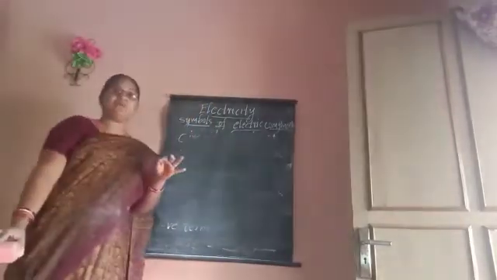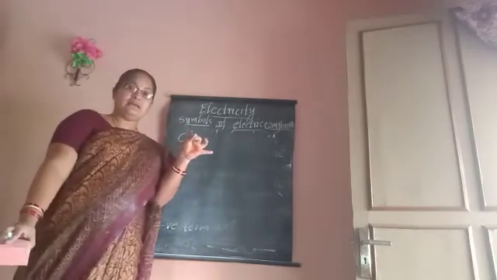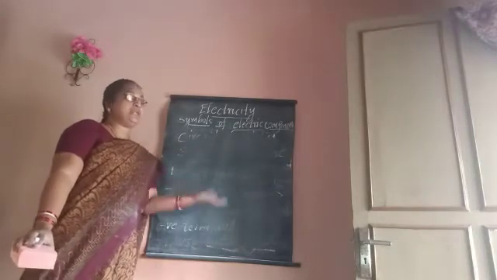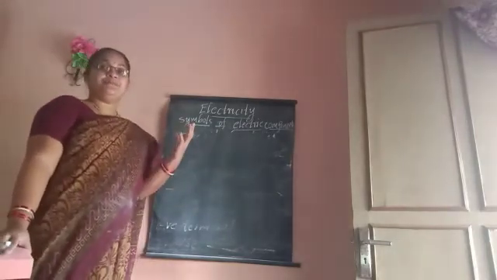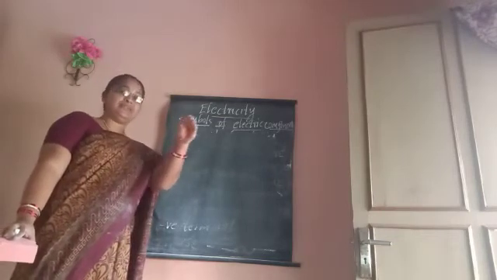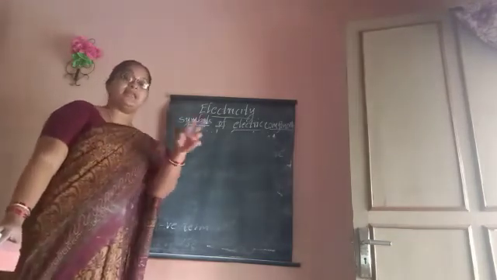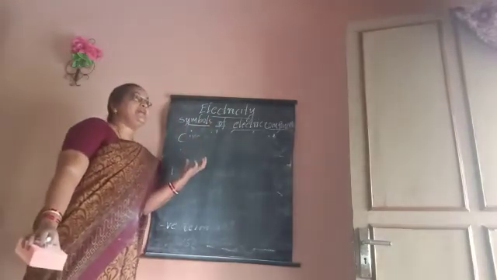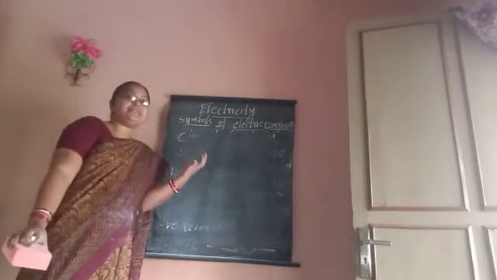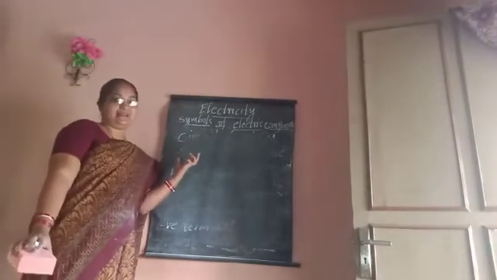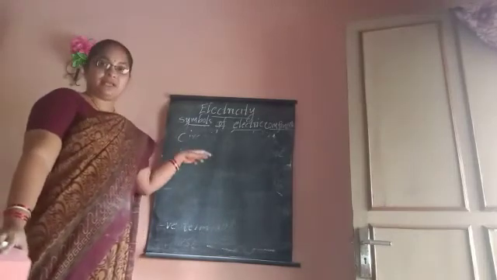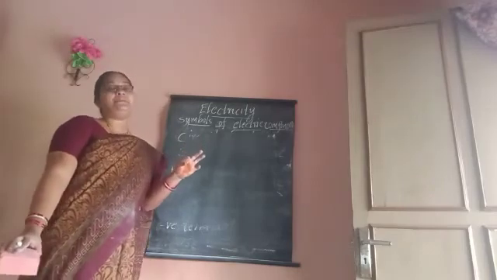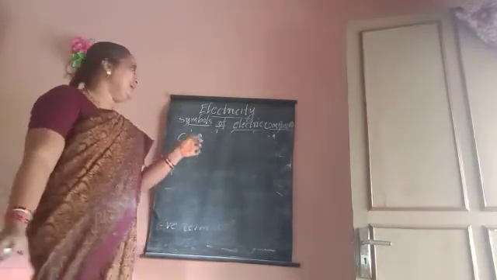What we have seen today are the symbols of some common electric components, and the circuit diagram. What is a circuit? A circuit is the path for electricity to flow between the cell and the bulb. What is a circuit diagram? If the electric components in the circuit are represented by symbols, it is said to be a circuit diagram.